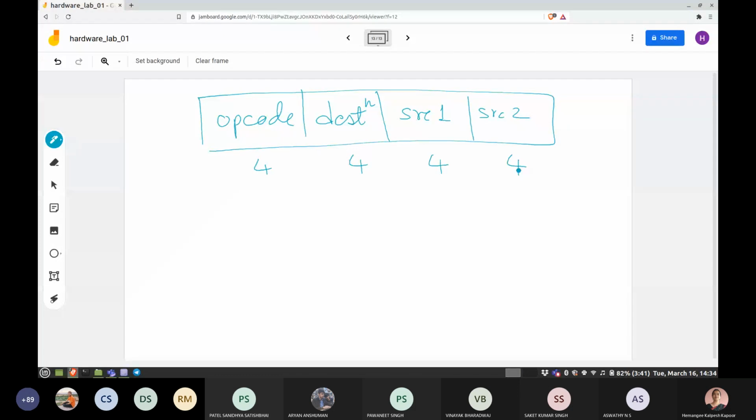Agree? The opcode is 4-bit, we saw it on the previous slide. Destination, source 1 and source 2: what are these? These are register IDs.